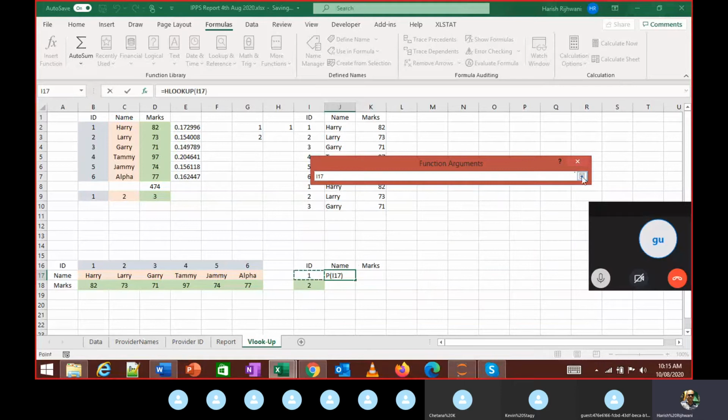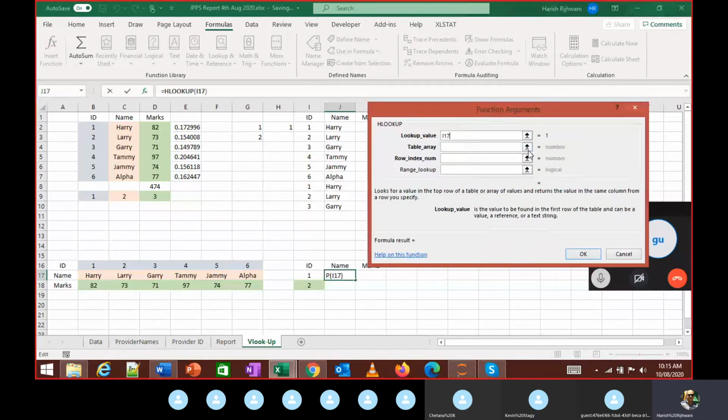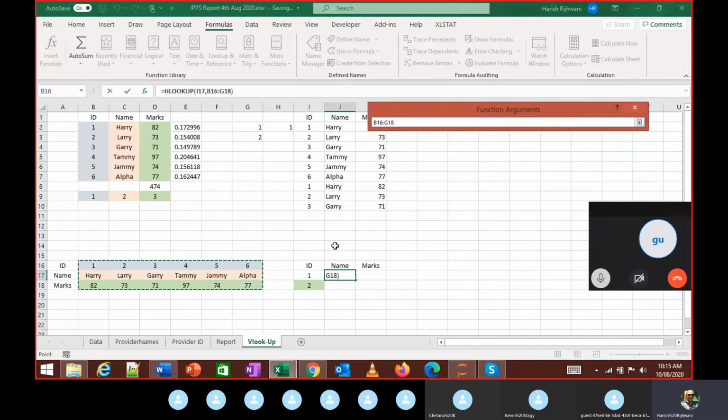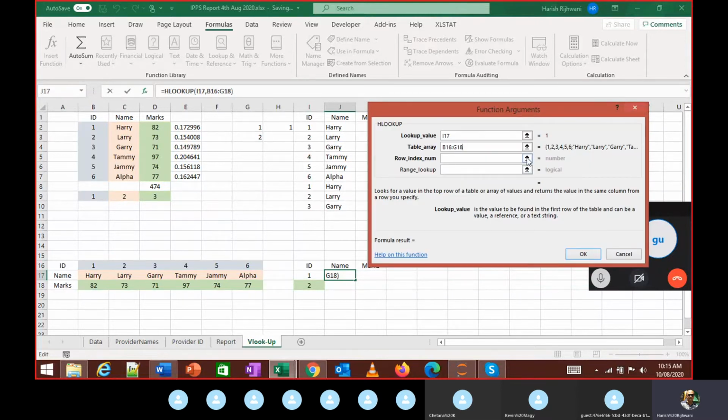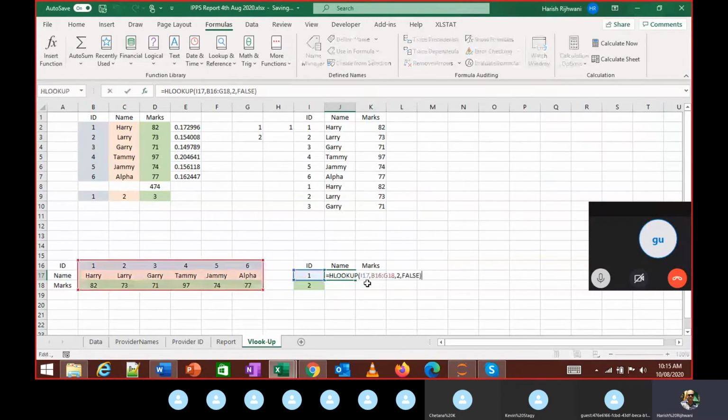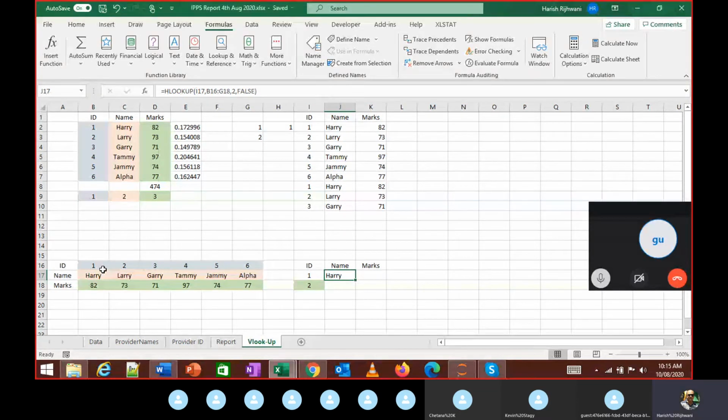So I select this. The table array I select like this. The column index number for name is 2, and this is false. Everything is the same, the formula, everything. It's just that the lookup array has to be in this format. It will be in rows, not columns. Make sense?